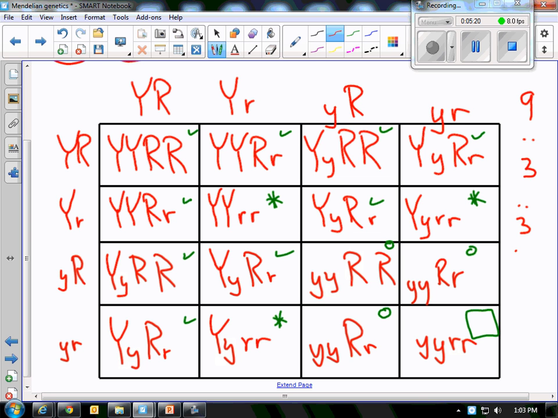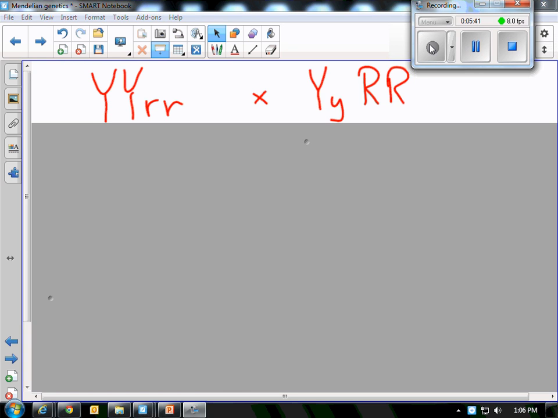So this 9 to 3 to 3 to 1 is a classic dihybrid cross ratio, just like the 3 to 1 ratio is classic for the monohybrid cross. This is classic for the dihybrid cross. Here might be a way to get at the same concept and understand whether you know how to do gametes